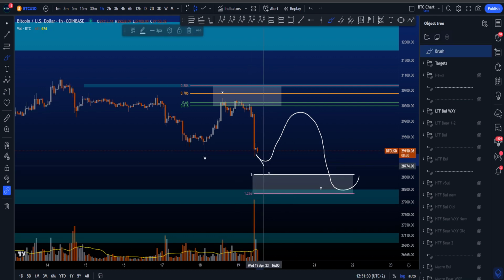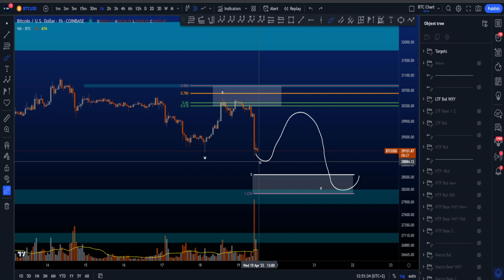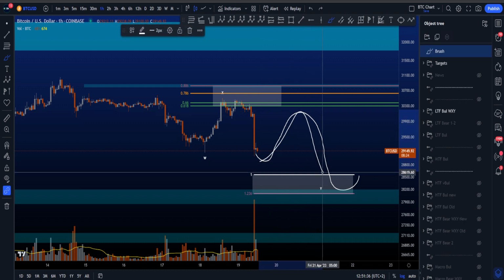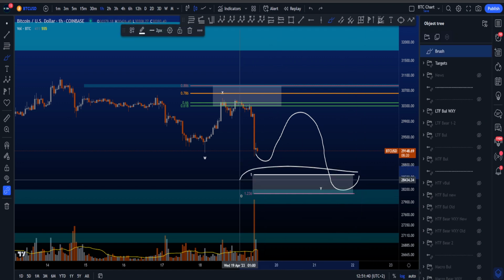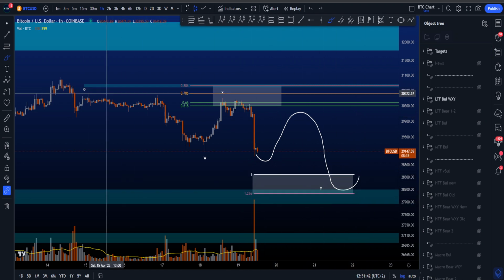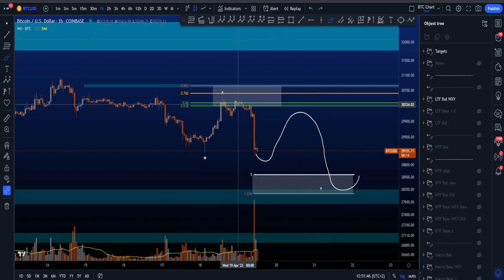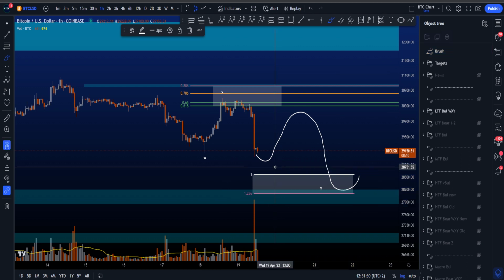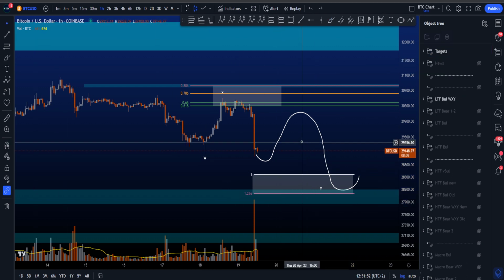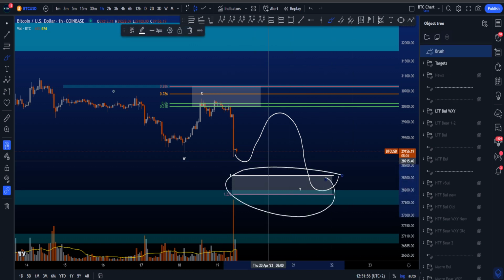If price continues to the downside and we're actually going to reach these targets before at least seeing some sort of a reversal up, then it is more likely the bearish scenario is activated, because this is the target area for a wave Y, and then this being a W, X, and then a wave Y. And if with the first move to the downside this target box is already reached, usually not something I really like to see. I would like to see a reversal back up before this target box for a wave Y